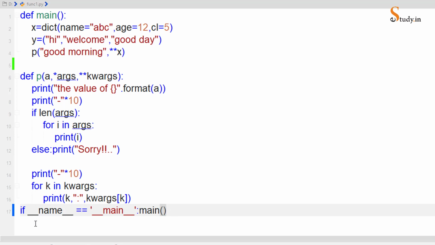But if you want to use this notation, this is also okay, and this comes handy when we import this module. In that case we need to use this, but as of now, because this file is not being imported anywhere, we can simply make the call to main like this, without this if. Basically we are checking if the value of the name is equal to main. We will get into this later, but as of now we just need to understand that the call to main can be made like this also, or we can call it simply the way we did earlier.